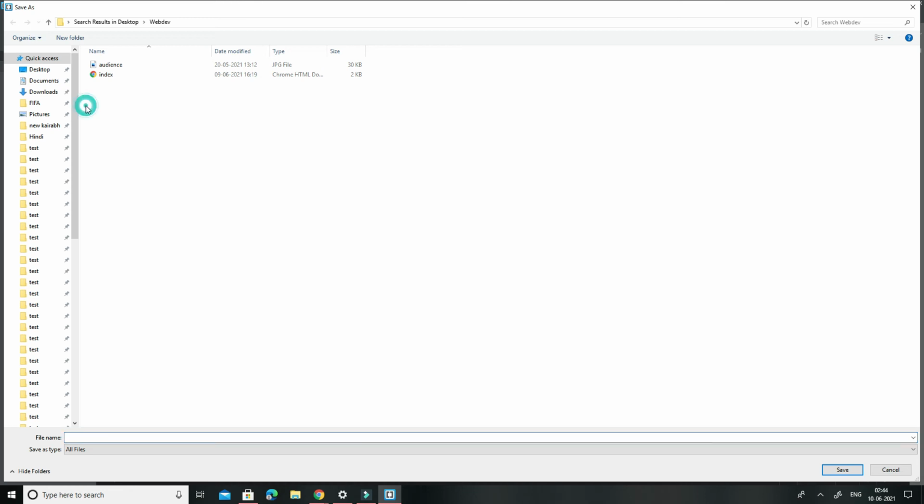So let's save it as styles.css. ठीक है, always use the .css extension. We saved it.